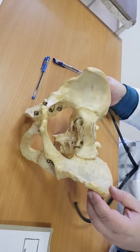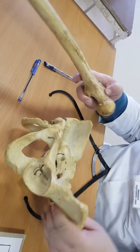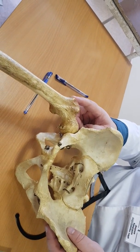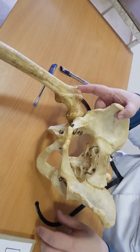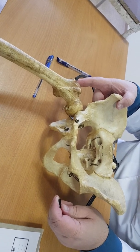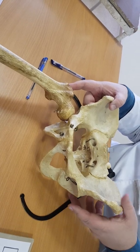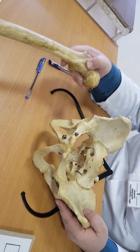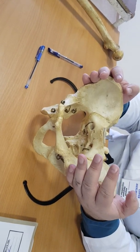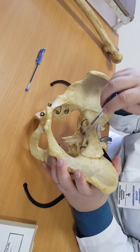And the last distance is the distance between greater trochanters. That is trochanter major on the right side and the same trochanter on the left side. If we measure this distance, the trochanteric distance, it should be 33 centimeters. Those are the sizes of large pelvis, but it is not so interesting, because it is more interesting to know sizes